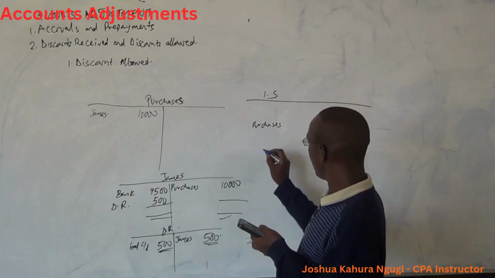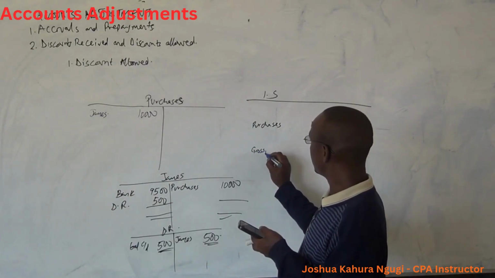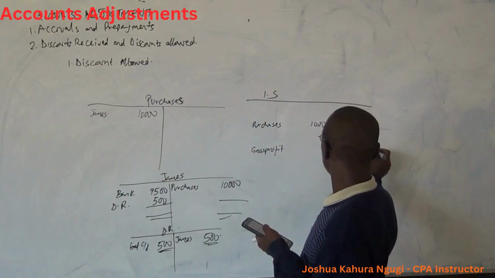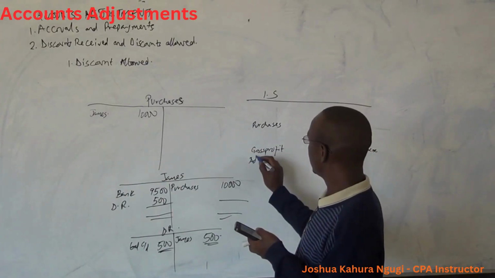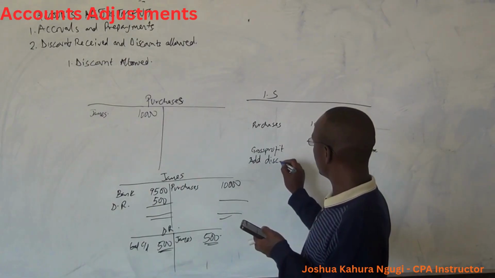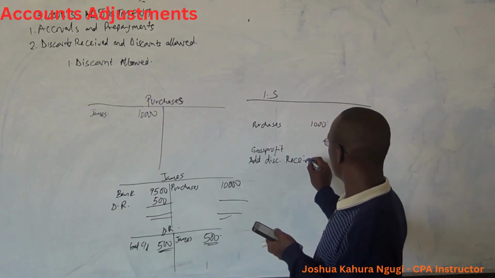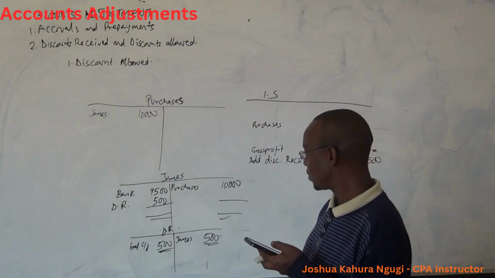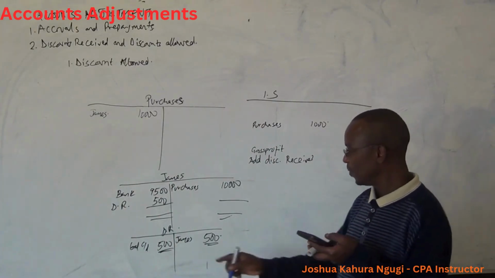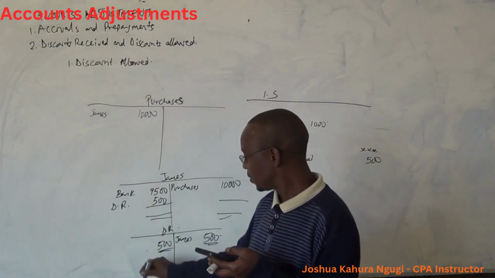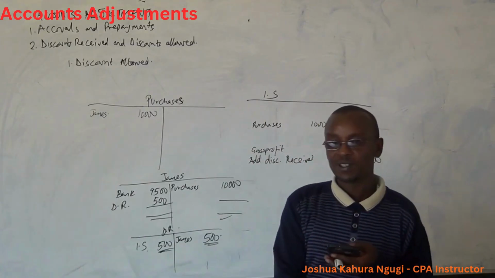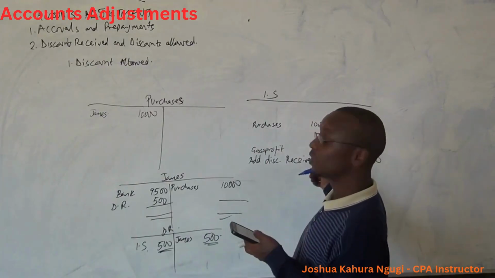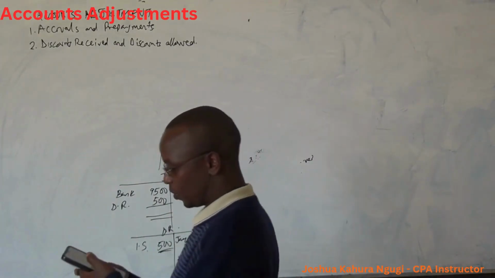But after you get the gross profit, which is X, you add discount received, 500. This one is not a balance carried down. It is going to the income statement. This is debit side, this is credit side. Provision for bad